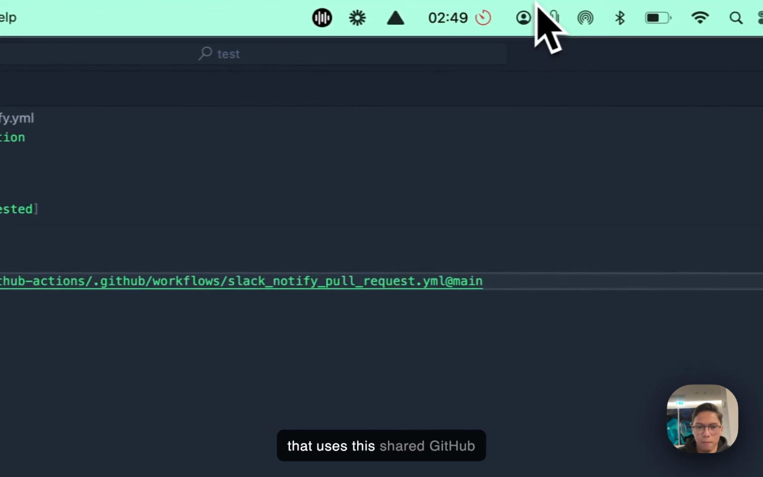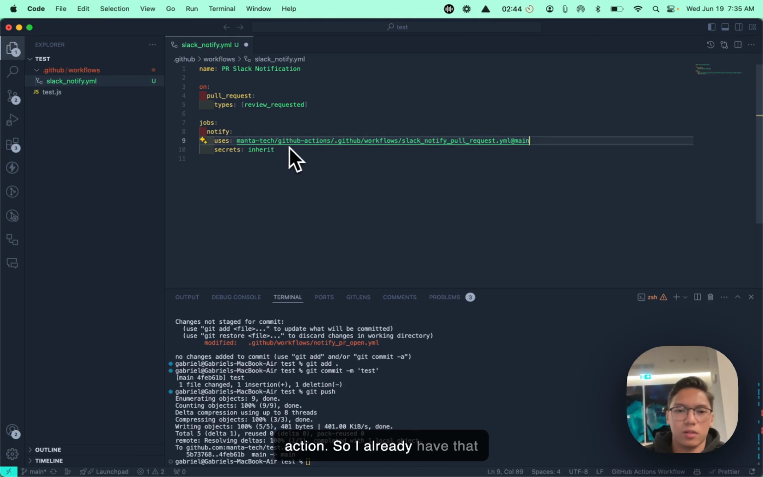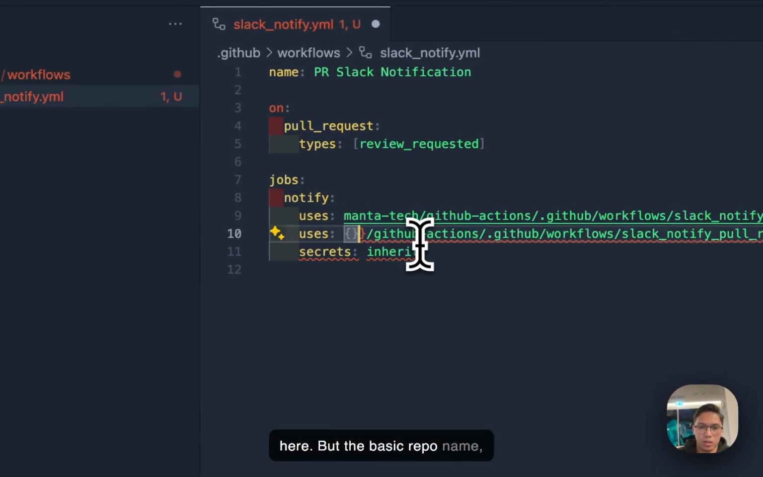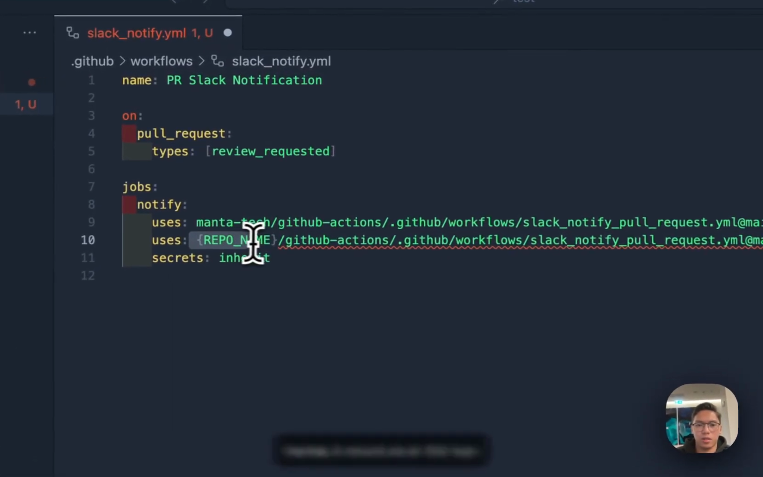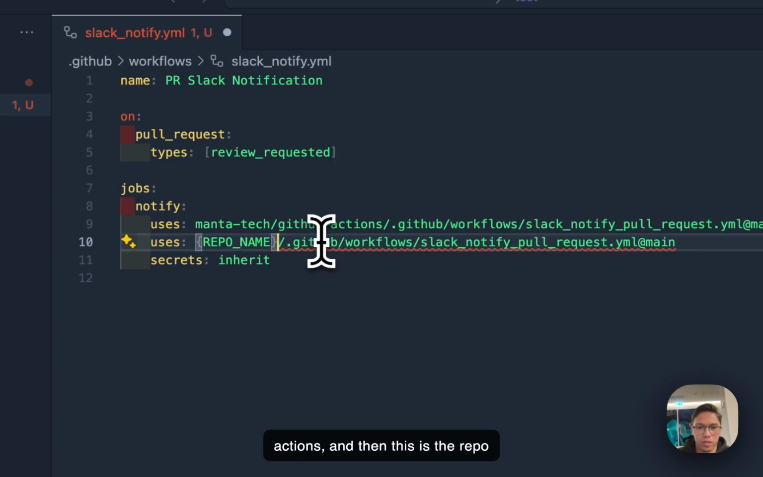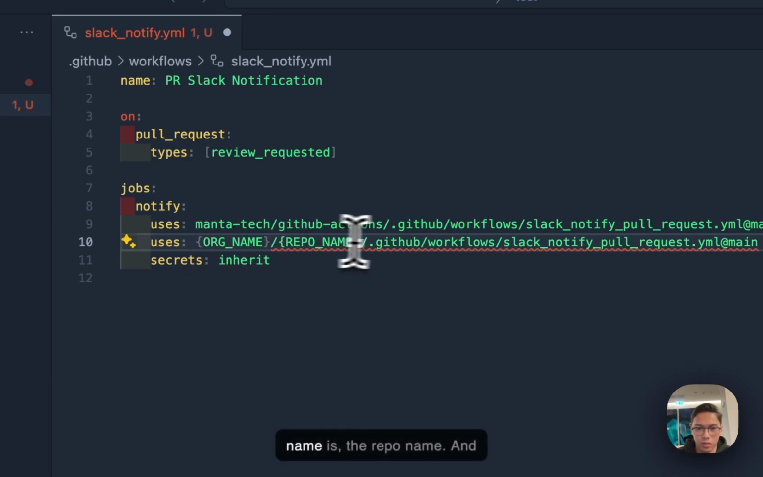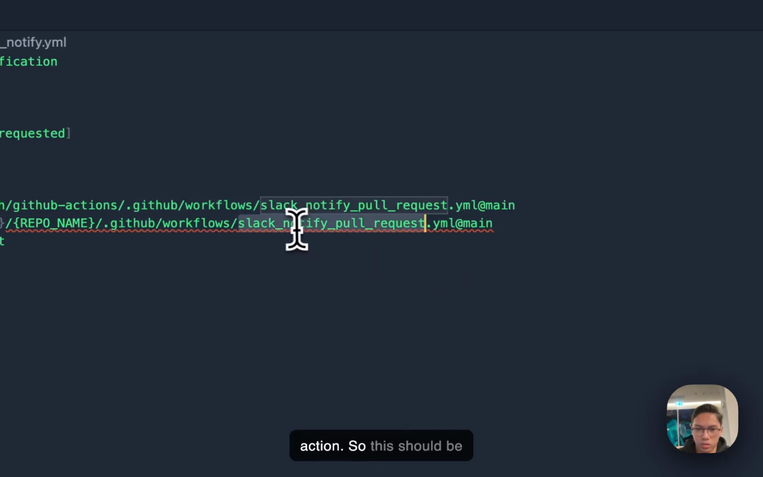uses this shared GitHub action. So I already have that here, but the basic structure is this: repo name /GitHub actions, and then this is the repo name. This should be the org name, so whatever your org name is, the repo name, and then the path to your shared action. So this should be